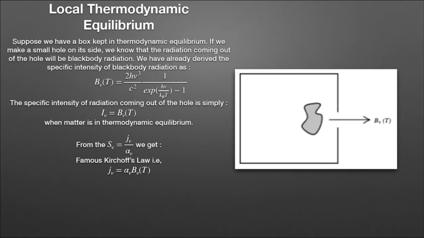And if alpha_ν is larger, we can say the mean free path will be small compared to the length over which the temperature varies appreciably. Then all important laws of thermodynamic equilibrium hold. Such a situation is known as local thermodynamic equilibrium, abbreviated as LTE. Inside a star we expect this to be a very good approximation, and we can assume that I_ν is equal to B_ν to hold good when we solve the radiative transfer equation inside.